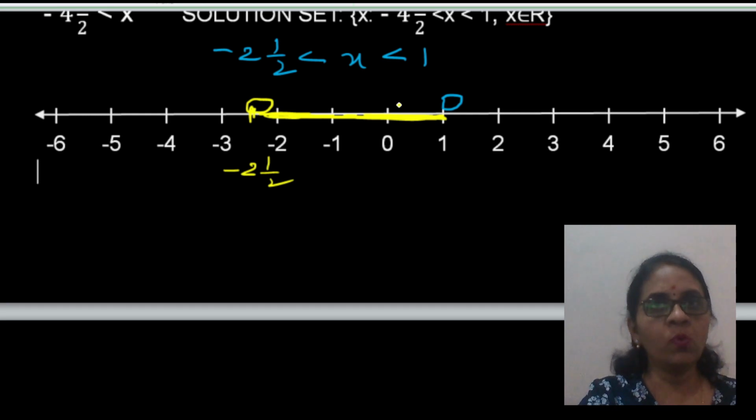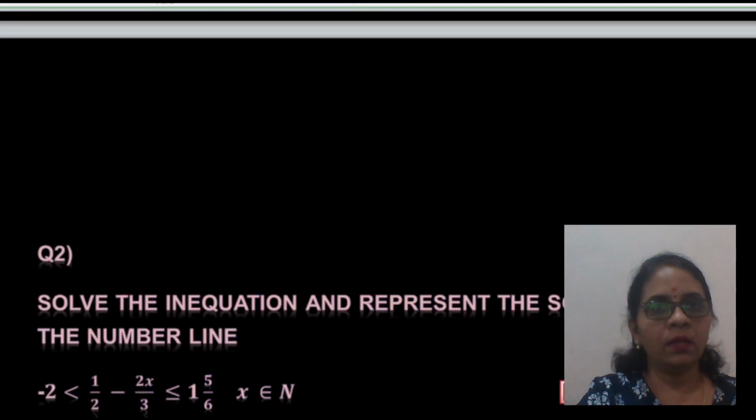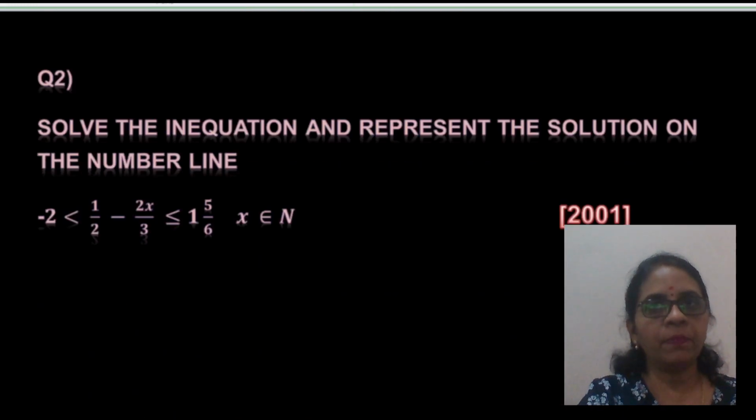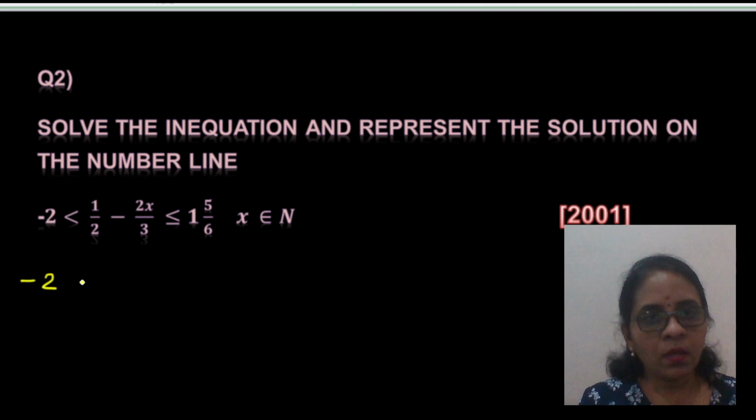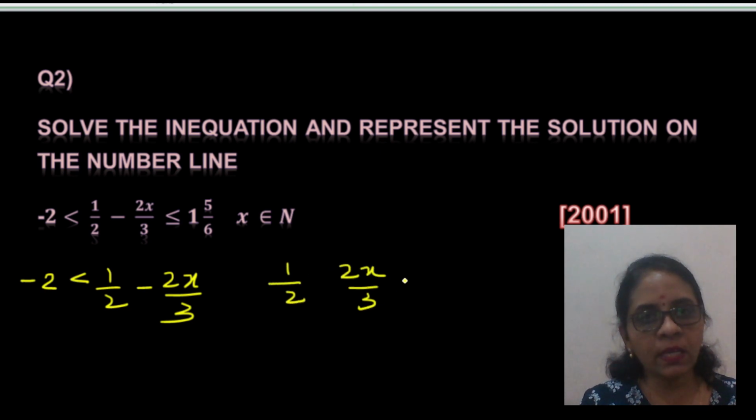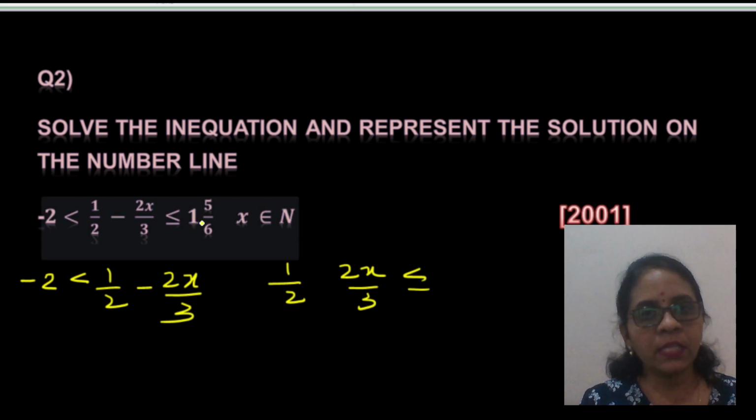So moving on to the next sum. Solve the inequation and represent the solution on the number line. This again, you will only get inequations which will have two inequality signs. Rarely you get an inequation which will have only one inequality sign. So the first one is minus 2 less than 1 by 2 minus 2x by 3, and 1 by 2 minus 2x by 3 is less than or equal to